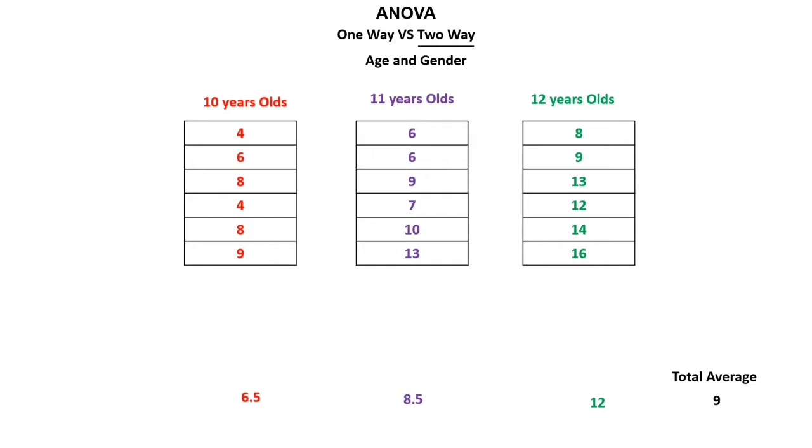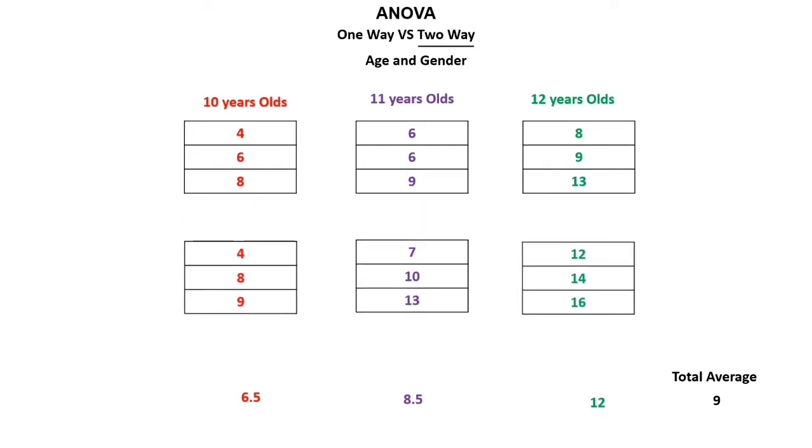Now, I have everything the way I like it. So, I have above the first group of data, let's label it boys, and the bottom group is girls. I'll take the average score for each age group for the boys, then take the average score of all the boys, and it's